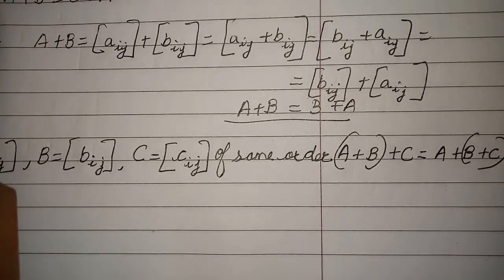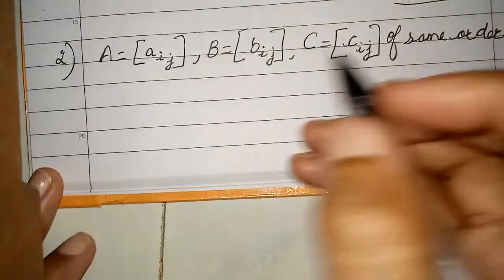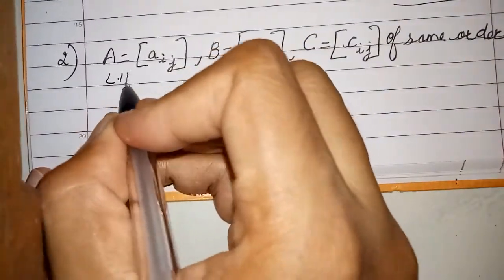We used to write generally like this, no? First, second, and then third is same as first, then second and third. Okay. So let's start with the proof of this property. I'm going to start with the LHS here.